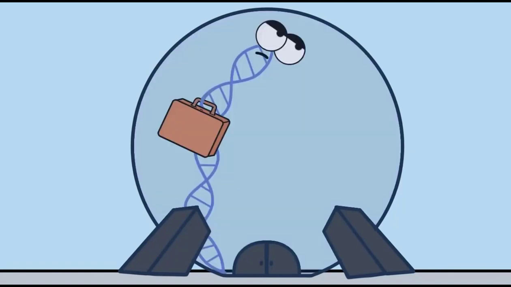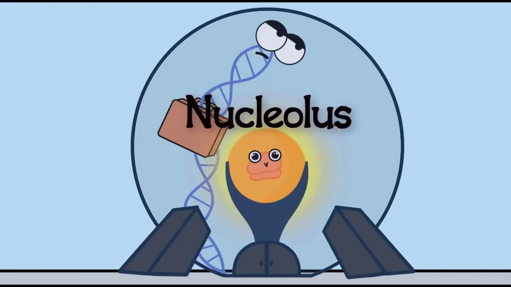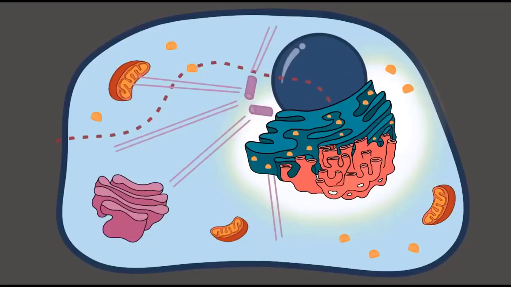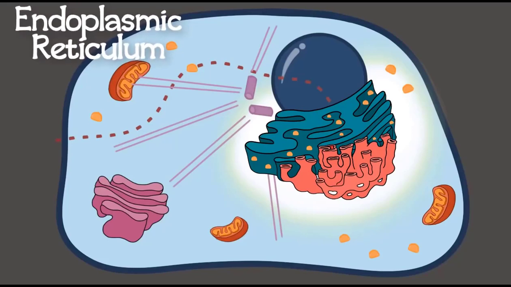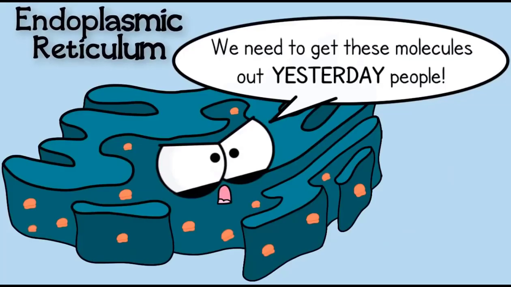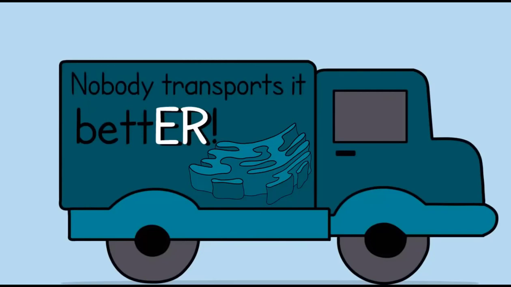Both prokaryotes and eukaryotes have DNA, but if you're a eukaryote, you have a nucleus to put it in. And the nucleus controls the cell's activities, and inside it, it has a nucleolus, which is where ribosomes can be produced. Attached to the membrane of the nucleus, or nuclear membrane, you will find the endoplasmic reticulum, ER for short. It does a lot of processing of molecules for the cell, like protein folding, and it's highly involved in actually transporting those molecules around, like a highway.